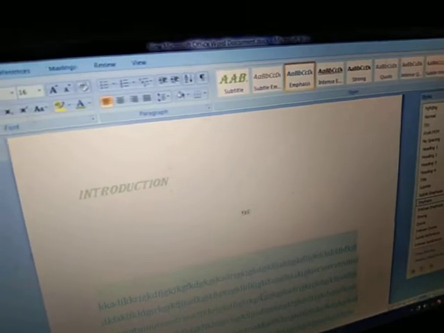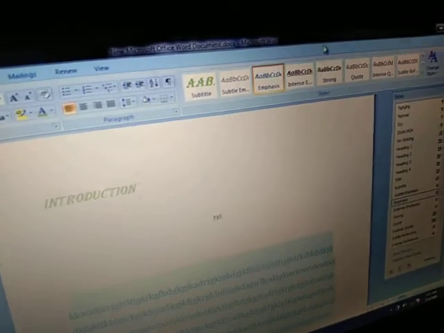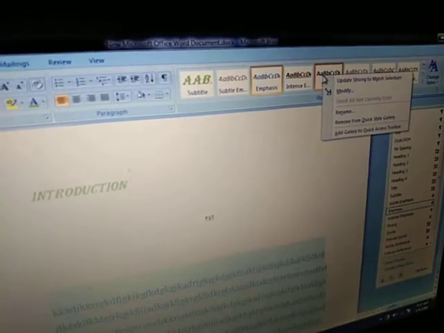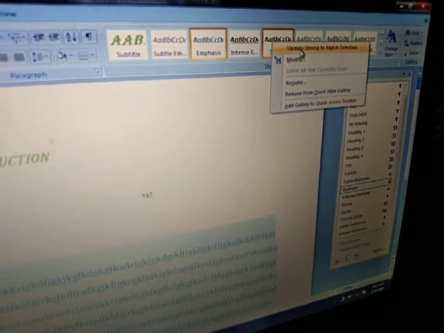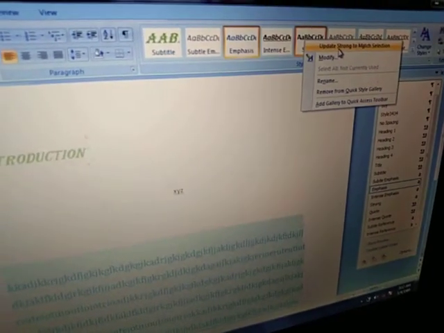This style is the perfect one. I want this one. How we can do, ma'am? For this, first select the style and then right click and then update strong to match selection. Click. You will check whatever the style is applicable here is automatically done the changes in this one.